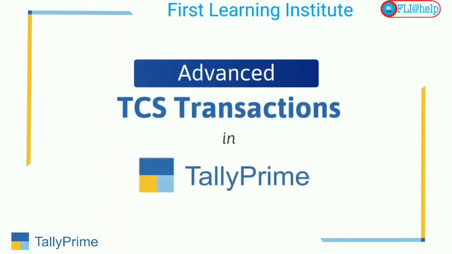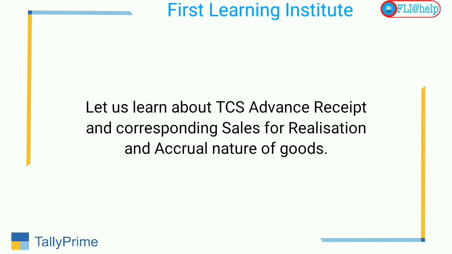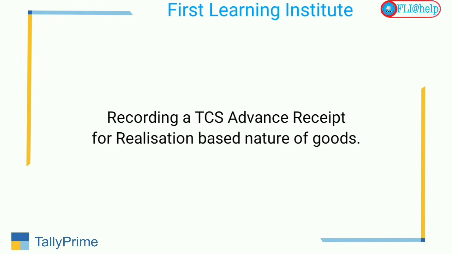In this video, we will look at different advanced transactions of TCS that can be recorded in Tally Prime. We will primarily focus on the transactions involving TCS and GST. Let us start with TCS advance receipt and then record TCS sales against the TCS advance receipt for realization and accrual nature of goods. First, we will look at TCS advance receipt recorded for nature of goods with tax on